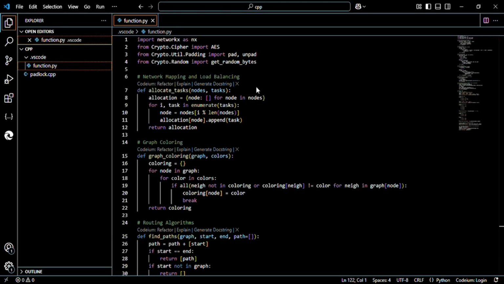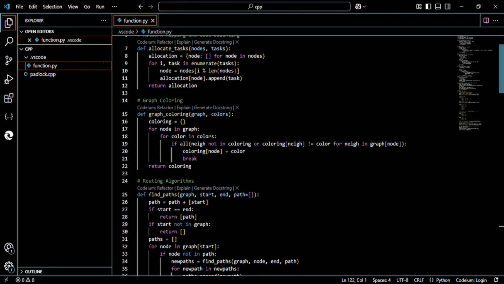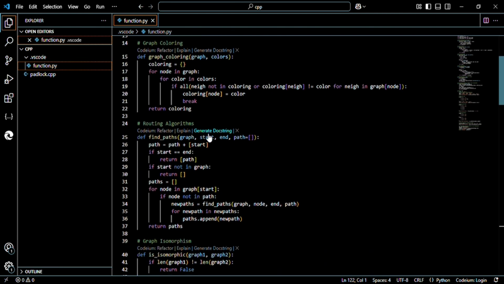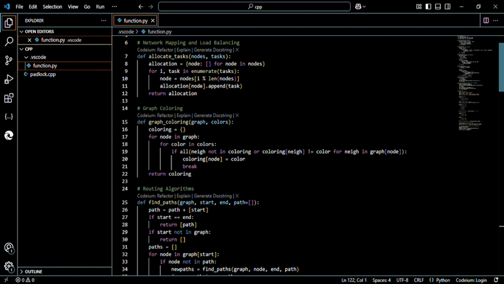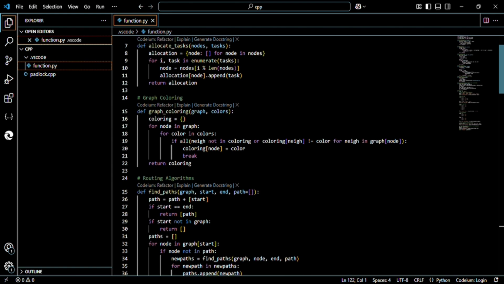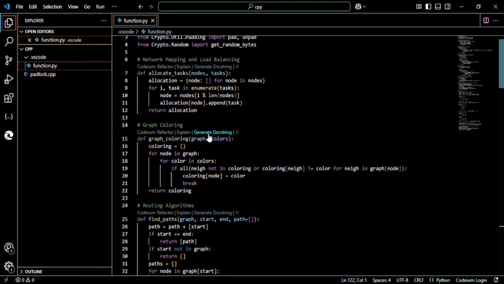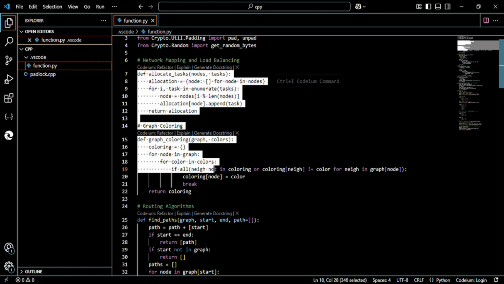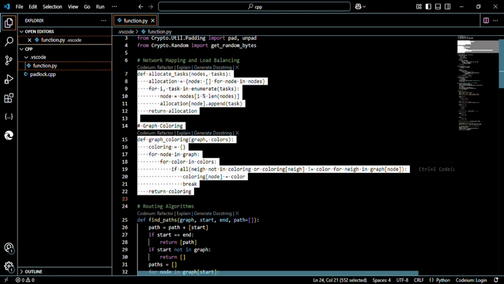Hi everyone! For today's video, we will investigate how surjective functions are used in graph theory and network routing, and investigate how injective and bijective functions are used in advanced topics like graph theory and cryptography. In our first line of code, we will explain how surjective functions are used in graph theory and network